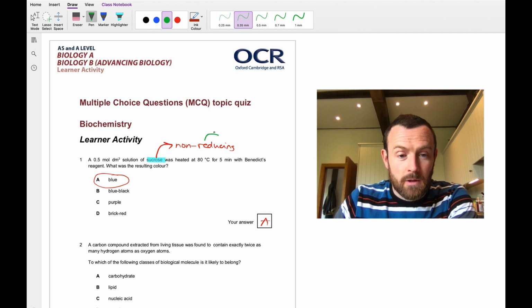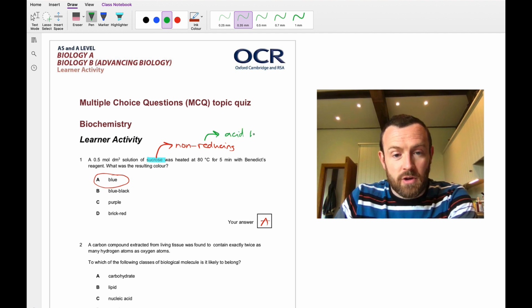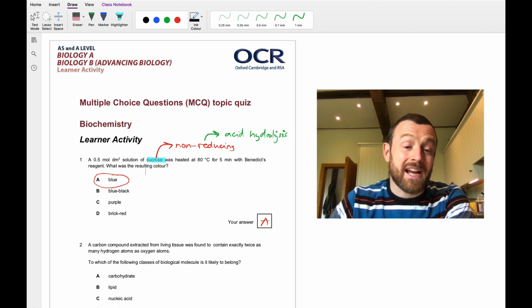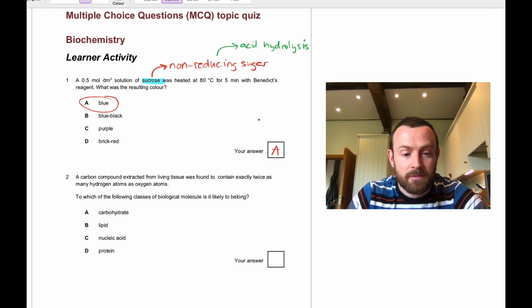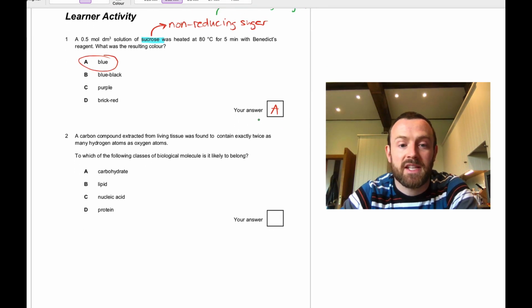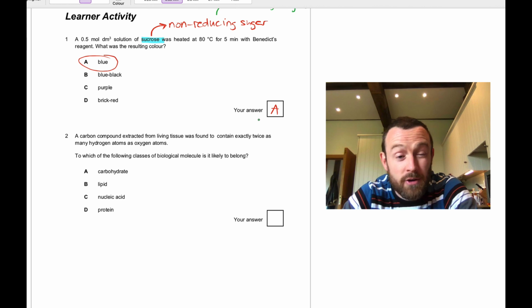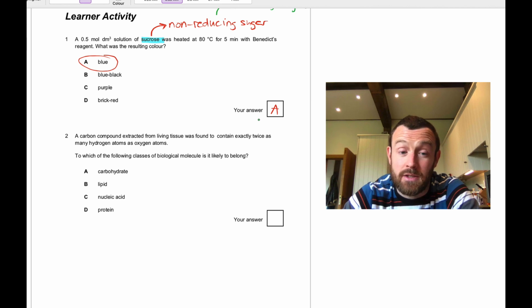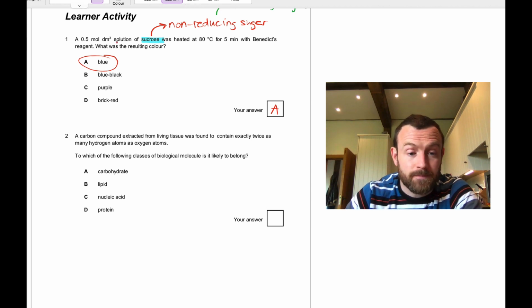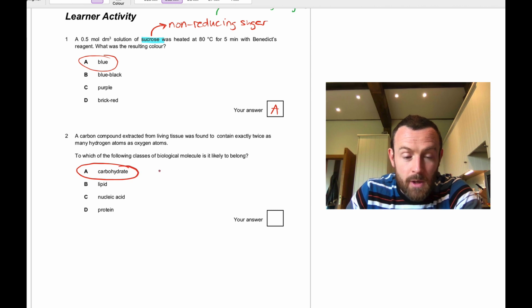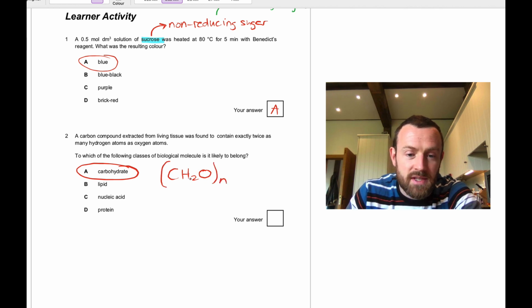I can put that here as well. Acid hydrolysis step would allow it to be detected with the Benedict's test. Okay, second question. Carbon compound extracted from living tissue was found to contain exactly twice as many hydrogen atoms as oxygen atoms. So this means that it's going to be most likely a carbohydrate, because carbohydrate follows this basic formula, sort of CH2O to the n. Okay, so twice the number of hydrogens as oxygens. So that answer is